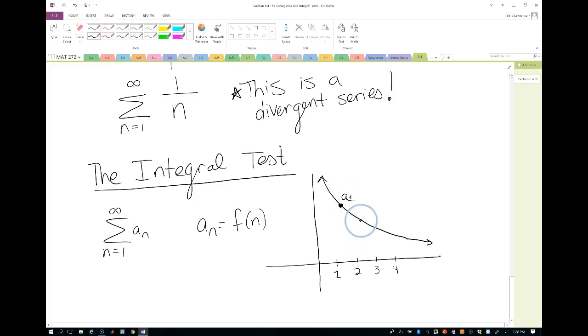So this is a sub 1, this is a sub 2, this is a sub 3. So if we use those as the heights of our rectangles that have a width of 1, then every rectangle here will have an area that's represented by the term in the series. So this rectangle right here, the area is the base, which is 1, times the height, which is a of 1. So we just get the first term, a of 1. If we do that for all of them,